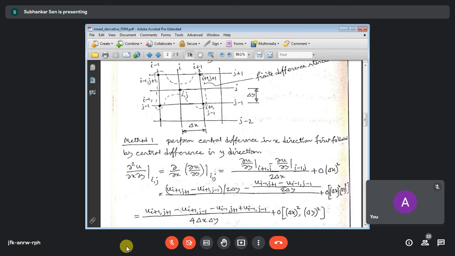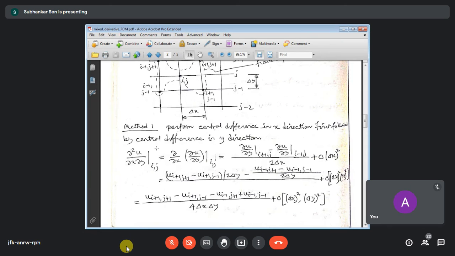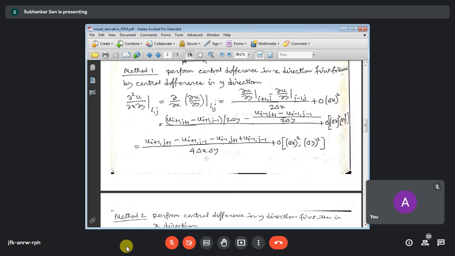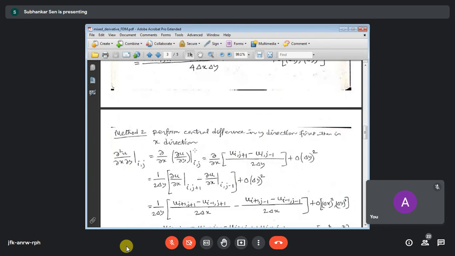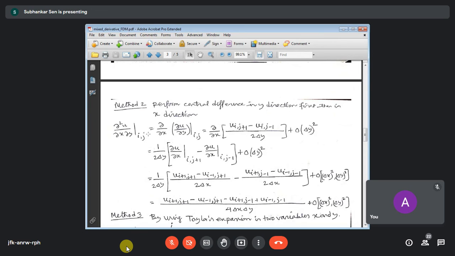Okay. Now, what we have done in method 1, we have taken the x derivative first and the y derivative later. We can just do the reverse of this. We can take the y derivative first, and then we can take the x derivative and simplify. So we can write it as del x of del u del y. Now we don't operate the x derivative first, but we operate on the y derivative. If we operate on the y derivative, i will be constant and j will change. So this we are keeping as it is.